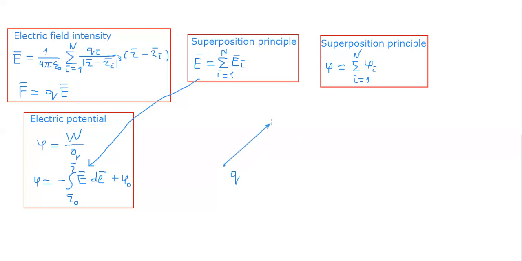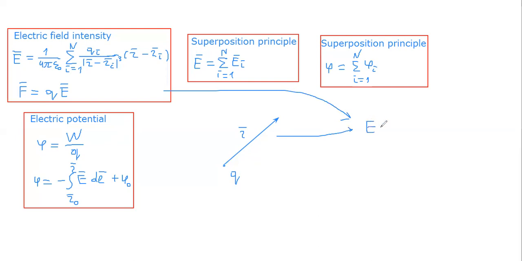In this case, the radius vector r can be shown on the picture in this way. And according to the formula, we can write that for a point charge we have